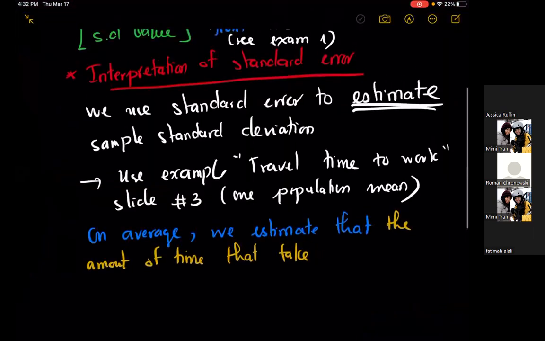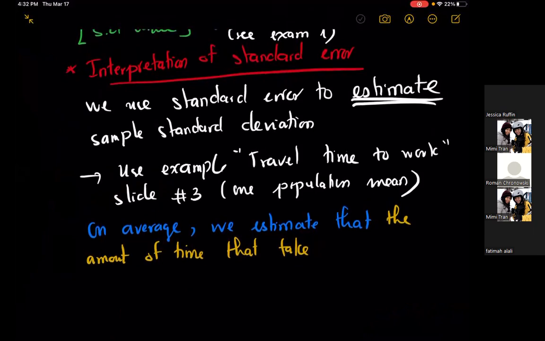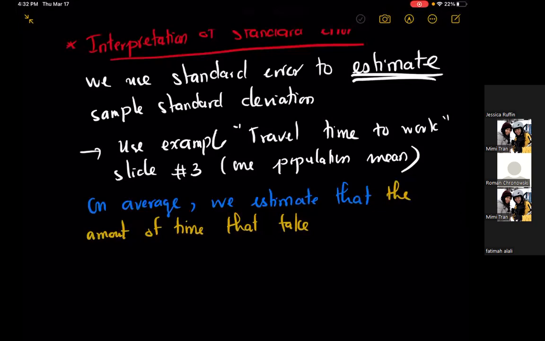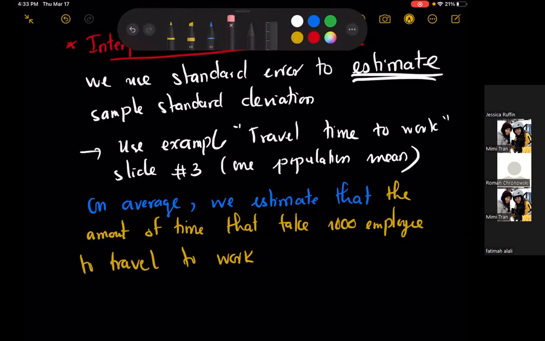All right, people from Zoom, I feel like doing it all over again. But basically, SE is the estimate of SD, right? So all I add here is we estimate that, and the rest will be just like the interpretation of standard deviation. So on average, we estimate that the amount of time that it takes 1,000 employees to travel to work is now going to be blue, because no more context, is roughly or approximately